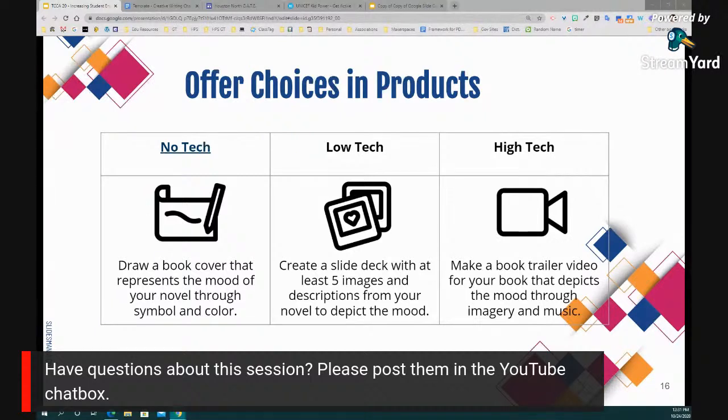So when you do offer choice in products, think about no tech, low tech, and high tech versions. And again, by giving choice to students, you are honoring their agency as a learner, right? You're making them feel empowered about their learning.